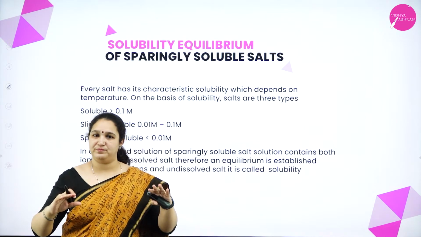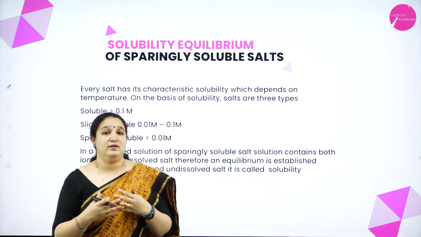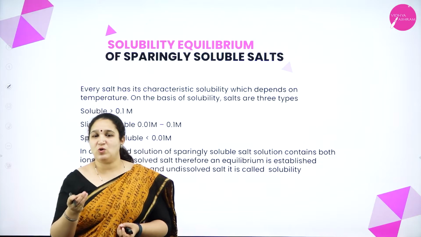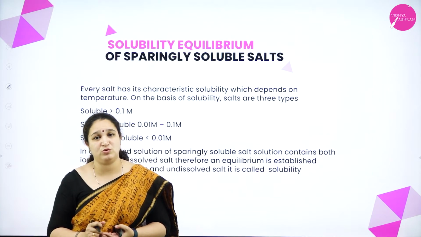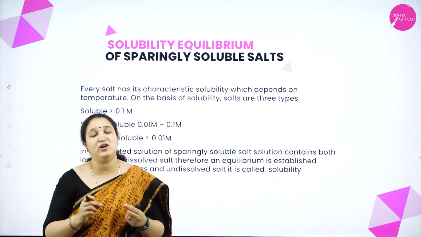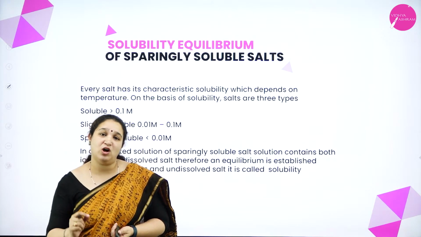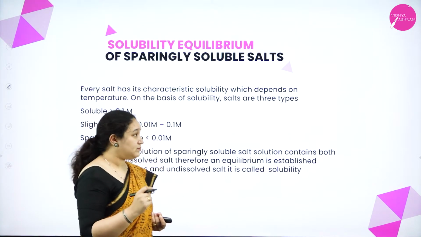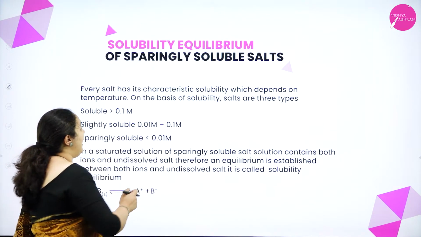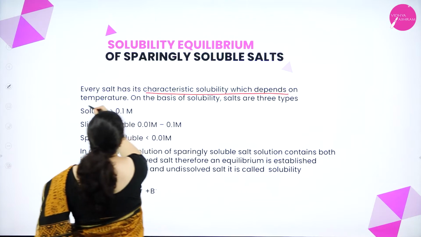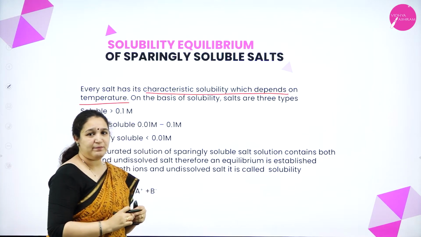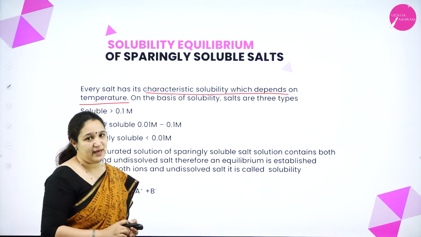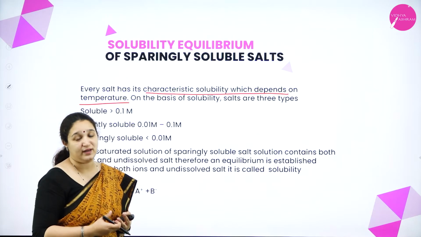They become saturated. Maybe with sugar, a lot of sugar you can add to water, but if you take some other substance, when you add only a very small quantity, it will become a saturated solution. So this is called the solubility of a solute in a particular solvent to form a solution. Every substance, or every salt, has a characteristic solubility which depends on the temperature. So at a particular temperature, a salt can dissolve in water only up to a certain extent. Only a small quantity or a huge quantity can dissolve.